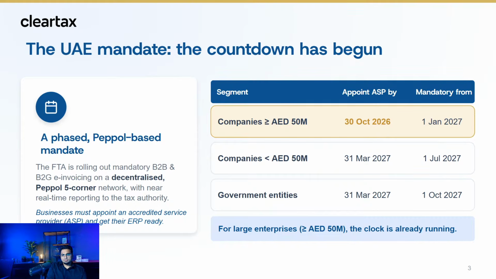For the first phase, the deadline to appoint an ASP is 30th October 2026, and then the mandate goes live from 1st of January 2027. And the next segment is all companies less than 50 million dirhams in annual turnover. So it's not just applicable for VAT registered businesses, it applies for all businesses in the UAE in phase 2. And the deadline to appoint an ASP is 31st of March 2027, and the deadline to go live is 1st